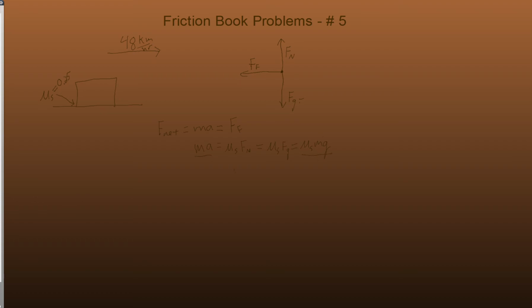So let's rewrite that without all the middle gobbledygook. ma equals mu s mg. Bam, bam. a equals mu s g. Alright? So that's our acceleration. We know mu, and we know g. And so a essentially equals